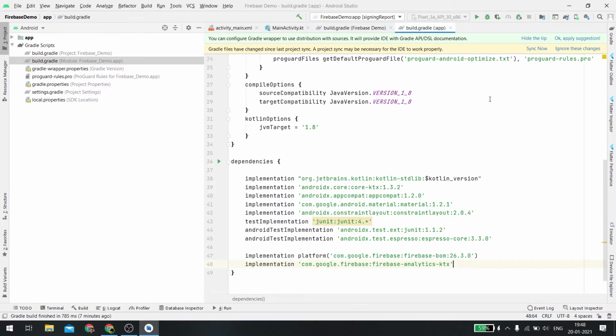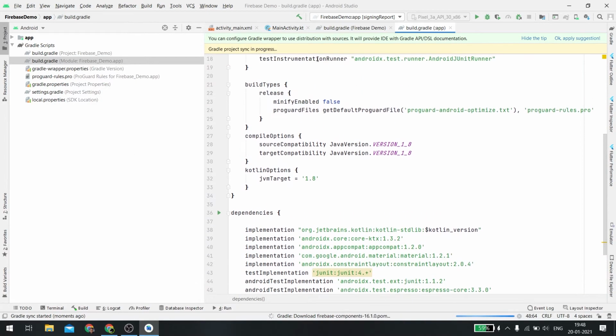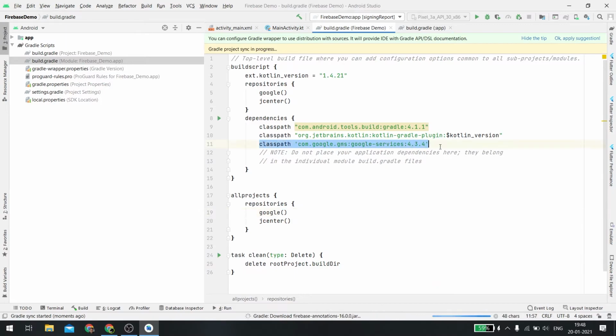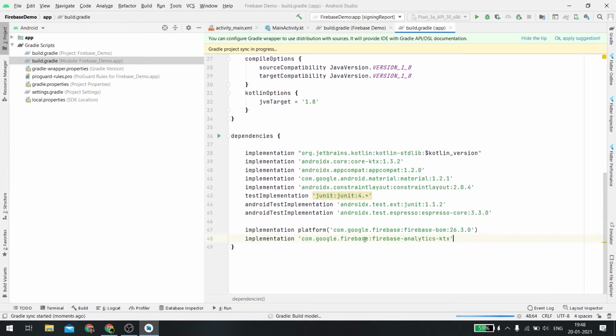and I think that will be all. We have the Kotlin dependencies. So anytime you make any changes to build.gradle files, you have to sync your project. Okay, so right here you can see there is a gray line, yellow line, and just clicking on sync now, it will go through all the scripts and make the necessary changes. For example, in the build.gradle file we have added this class path, so it will download the necessary libraries and then add the references to these libraries as well, and simply we will be able to access the Firebase Analytics library in our code. So we are not going into the code, that was just an overview.